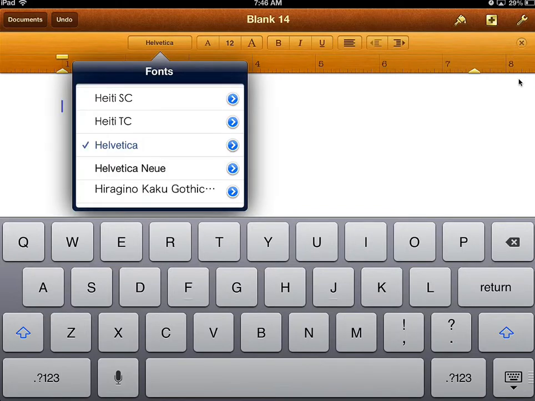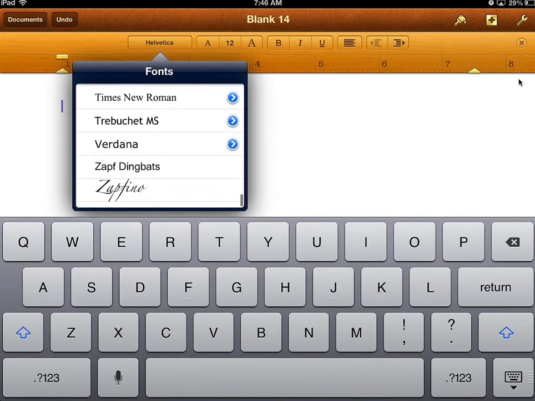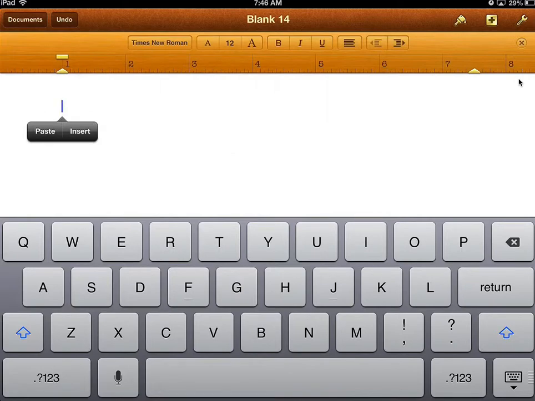Now the font that you need to do on writing assignments is Times New Roman or Cambria. The iPad does not have Cambria, and so you have to choose Times New Roman. 12-point font is also what we need to do. And then at the top of the page, we write our name. So I'm going to put up a